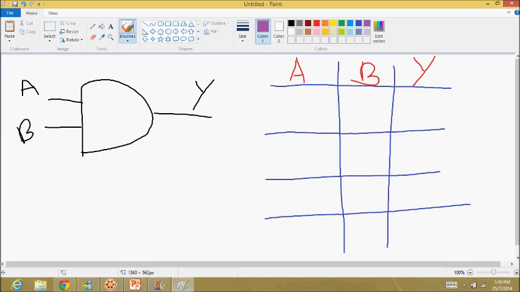So what are the possible combinations for the two switches? Let's forget about output now. For the input, we can have A open and B closed as switches. You can have the exact reverse where A is closed and B is open. You can have both switches open and you can have both switches closed. So if you think about it, there's no other possible combination. Either switch has to be either open or closed. So there'll be four combinations.